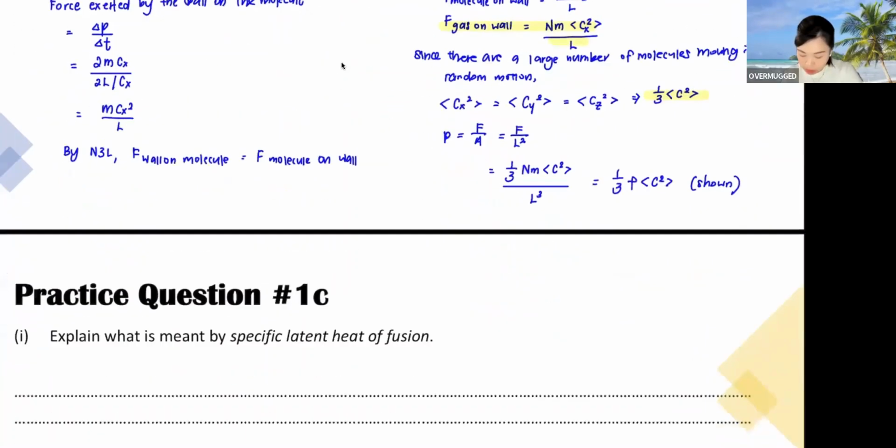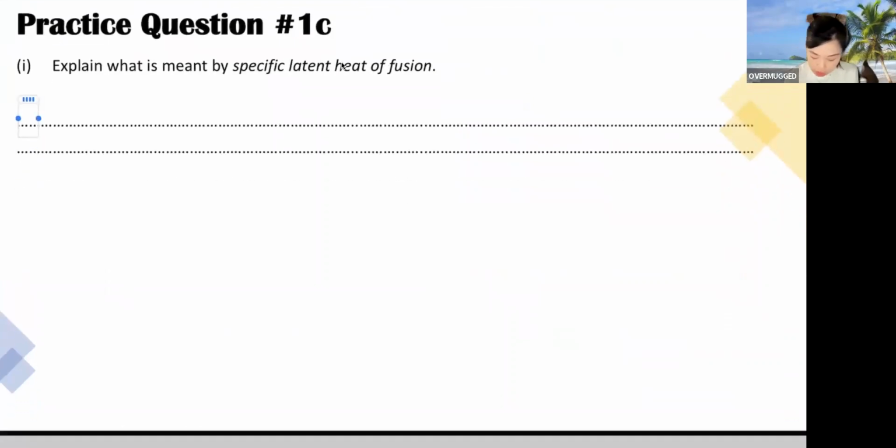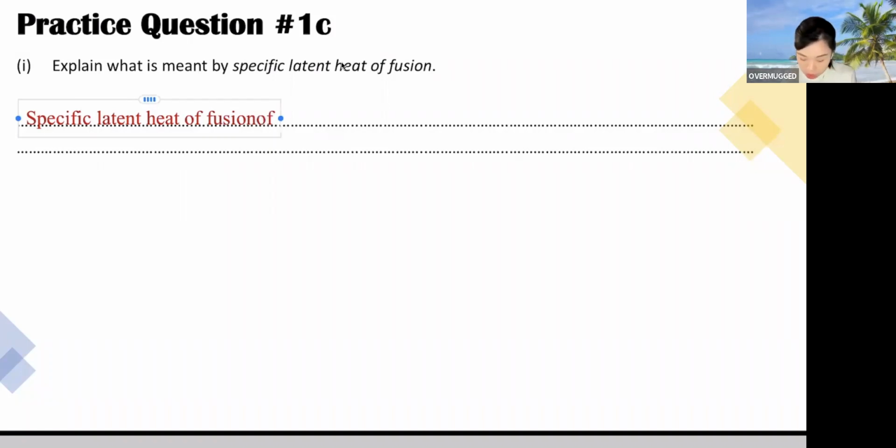Okay, now the next one: explain what is meant by the latent heat of fusion. This one is a secondary school question, so I'll just quickly go through. When you see latent heat of fusion, it means there is a change in state, not a change in temperature. So you have to mention what change of state is happening, and ensure that you always write down the keyword: there is no change in temperature. That's the key point, understand? Okay, so